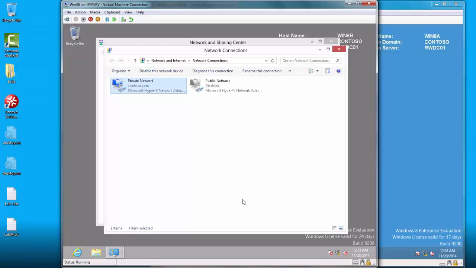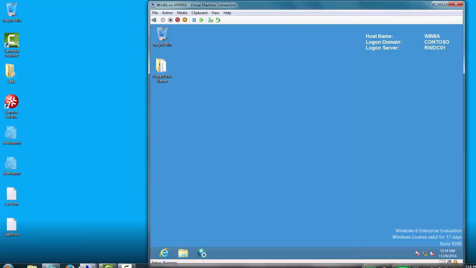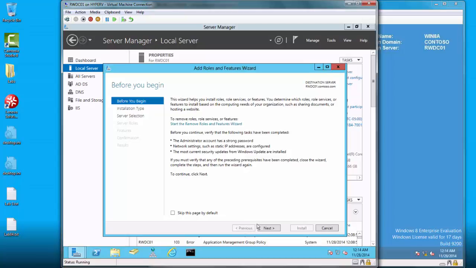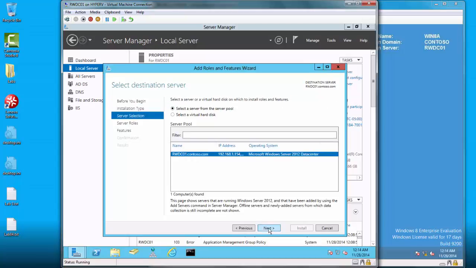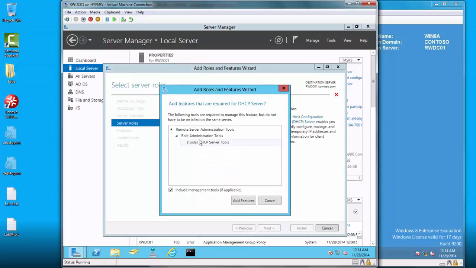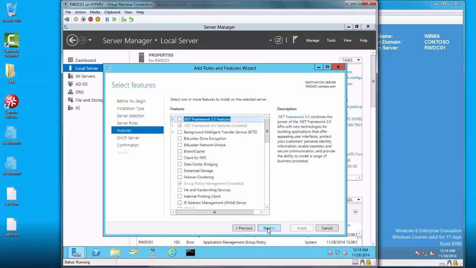Now we have to go on to RWDC01, so let's just do that. And they want us to go to Manage, Add Roles and Features. Click next, next, next, and we're going to add the DHCP service. So here's DHCP Server, and by default it's going to add in the tools as well. We want to add those features. Select next,